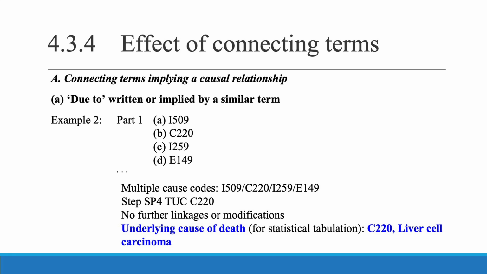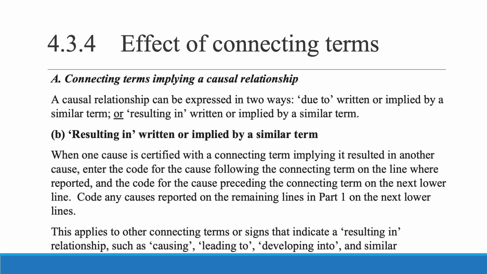So these instructions are all about formatting the codes to accurately reflect the opinion of the certifier. Let's look at another connecting term implying a causal relationship, but in this case, "resulting in," written or implied by a similar term. When one cause is certified with a connecting term implying it resulted in another cause, enter